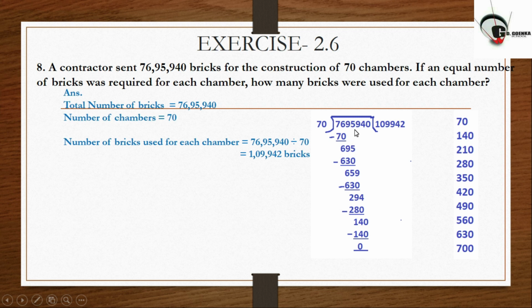Then 9 and 5, two digits I have borrowed together, that's why I have put a 0 over here. 695 minus 630 will become 65, and then again with 9, 659 minus 630 will be 29, and 294 we need to multiply by 4, so it will be 280. 294 subtracted by 280 and we got 14, and 0 is here, so the answer will be